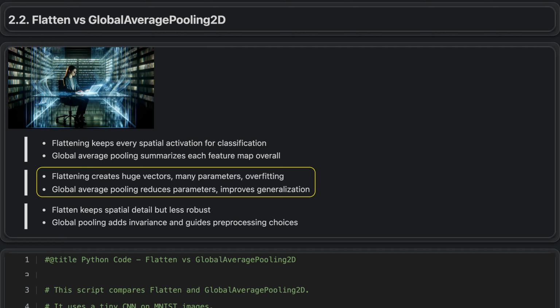Flattening turns feature maps into very high-dimensional vectors, which creates many parameters and can lead to overfitting, especially with limited data. Global average pooling instead compresses each feature map to a single value, greatly reducing parameters and often improving generalization. This works well when the presence of a feature matters more than its exact location, such as detecting zebra stripes